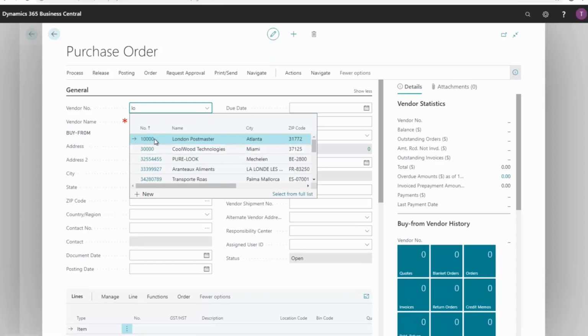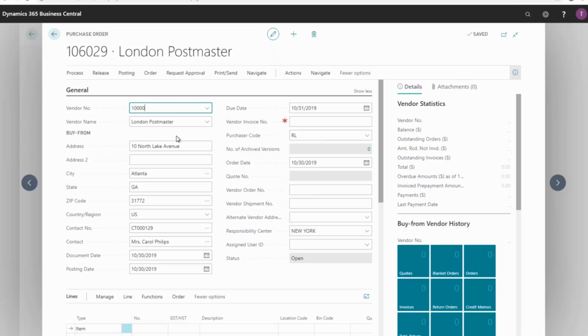Another feature that they have brought through Nav is, you used to have the ability to type in the number alpha character according to the number field, or if you wanted to do it according to the description or the name, you had to click over here to the name. What you see that I did was start typing, and it narrowed that list according to the name, so it's looking across both of those fields as a key area. So now that I found London Postmaster,